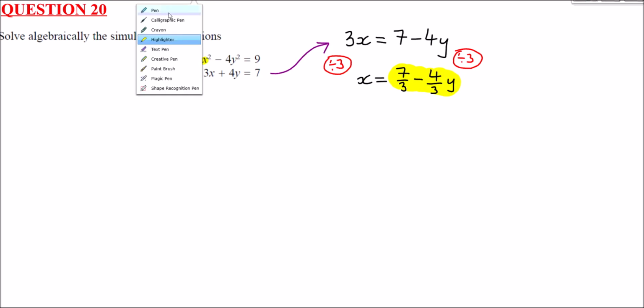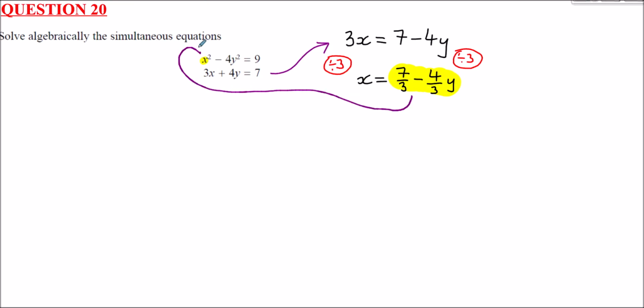So now we've got this, we pop this into the top equation. So the top equation now becomes x squared, but x is this. So we get 7/3 minus 4/3 y all squared minus 4y squared equals 9. So this is going to get a bit ugly, but we just need to expand out this expression